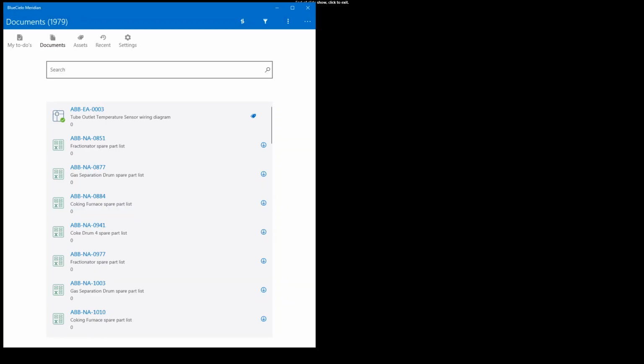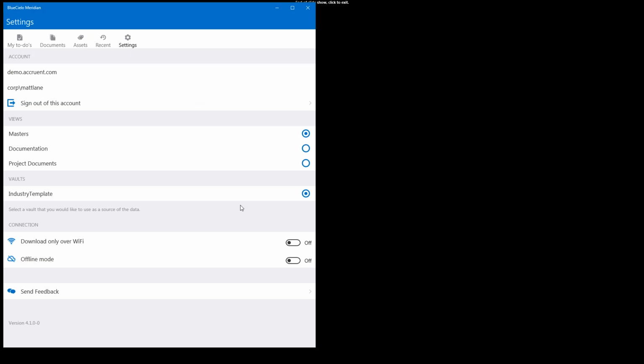So now if we go back to Meridian Mobile, in fact, in Power Web and Explorer, that's looking at exactly the same Meridian Vault and data set that we're going to be looking at here in Meridian Mobile. So you've got your 5 main buttons here when you go in, and if we go into settings, there's just a few different default settings that you can set for your device. Like one of them here is download only over Wi-Fi. So you can set it to block downloading a huge file from your Meridian Vault if you're going through cellular